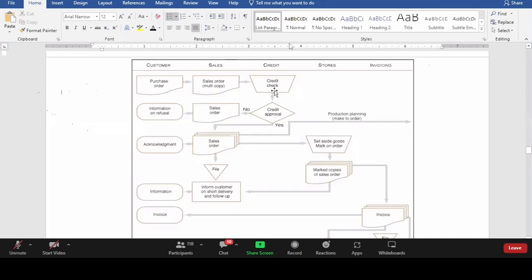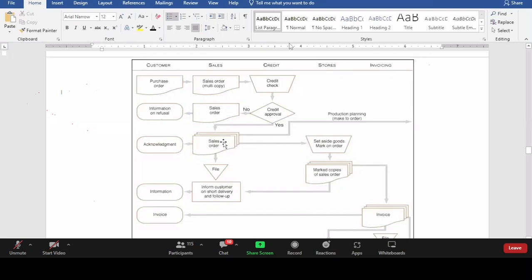Now, credit check. People with the host. Now, credit approval. If there is credit approval, and credit approval is separate from sales, you can see, we shall talk more about this. Then the sales order together with the customer, with the sales order raised, and then the customer is given a feedback that the order has been authorized, and then